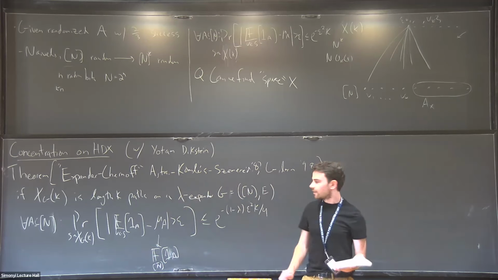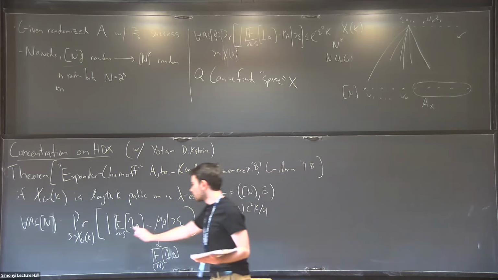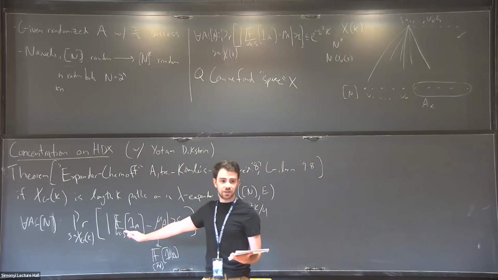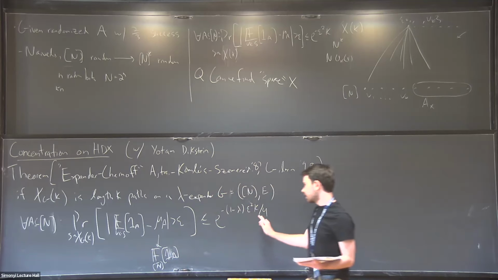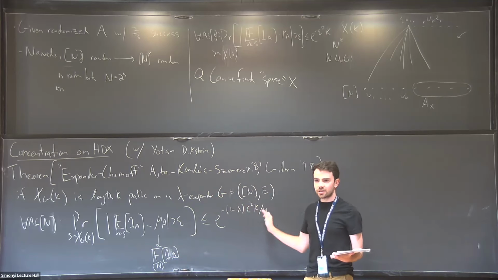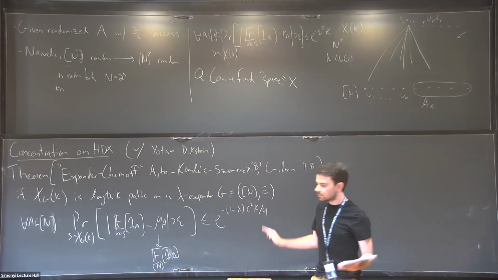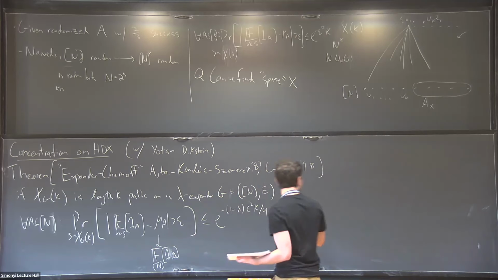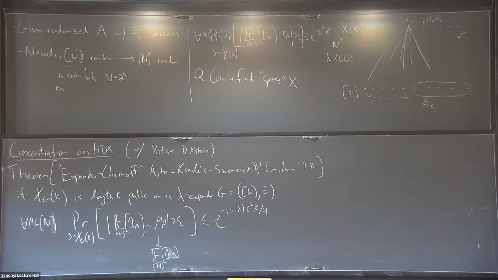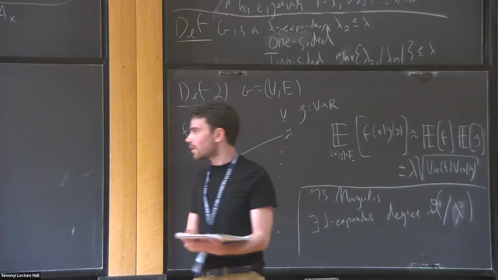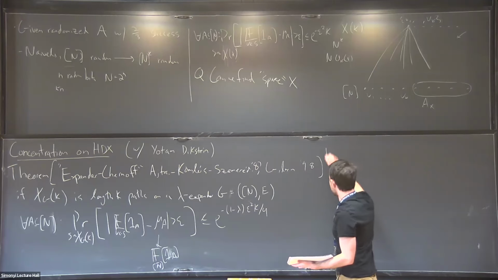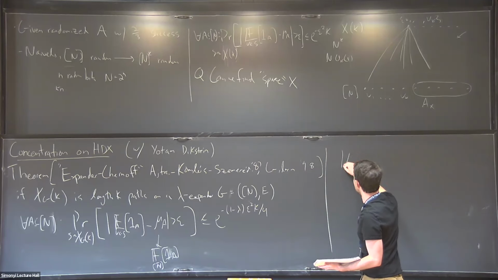Yes, thank you. Right, so this is just saying that the probability that the local expectation is off by more than epsilon from the global expectation still decays like e to the minus epsilon squared k, up to this constant dependence on lambda. Okay, so this is a very beautiful theorem, and combined with the fact that there exist strongly explicit expanders of degree like 1 over lambda squared, this sort of implies a solution to this problem